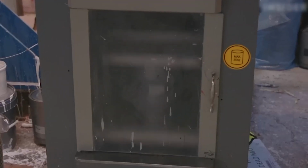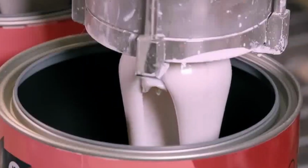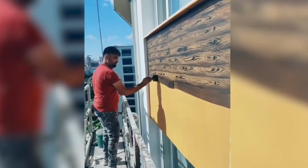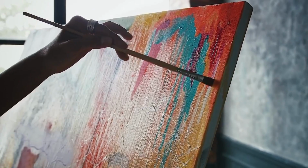Step 4. Adding binders and final ingredients. Now that the pigment is properly dispersed and ground, the next stage is to mix in the binder, the heart of any paint formulation. The binder determines how well the paint sticks to surfaces and how durable it will be after drying. Depending on the type of paint, latex, enamel, or epoxy, different types of binders are added, and the